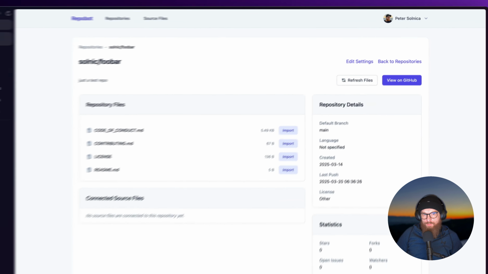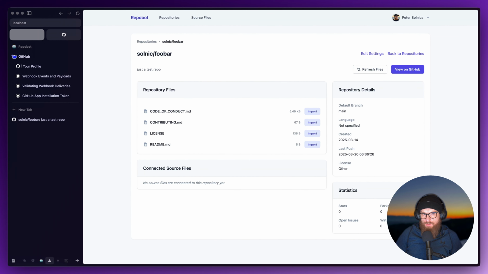Okay, I'm gonna show you how I use Cursor AI to implement a new feature in RepoBot. A lot of people ask me how I use this editor exactly and how I work with AI exactly. And since people have been talking a lot about vibe coding lately, it's becoming kind of a meme actually,